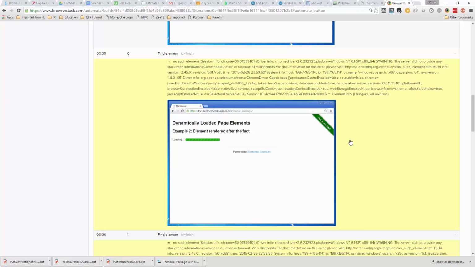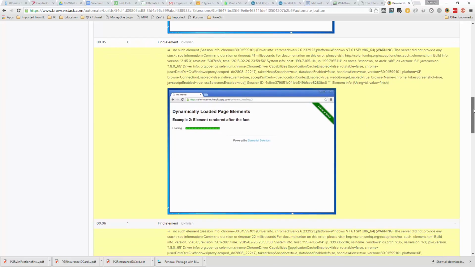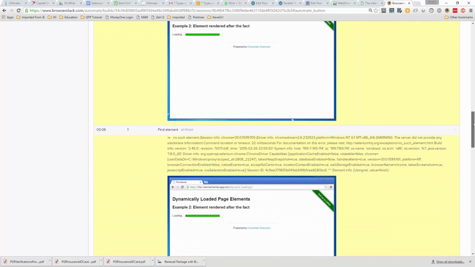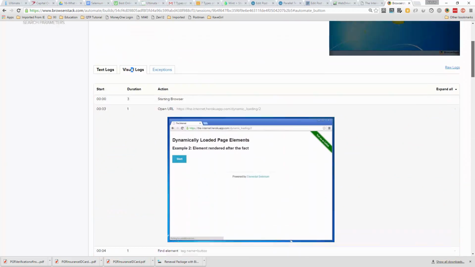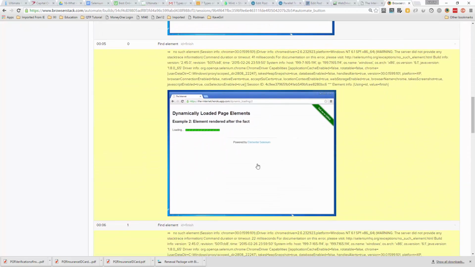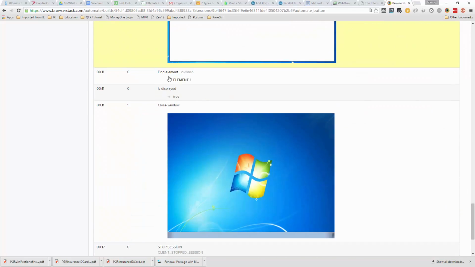We do have some applications that take like a minute to load because they have so much data, or especially if they're not cached and you're logging into them the first time, those applications take a minute. So you can imagine I have like 60 screenshots here of it looking for an element, which is a little bit annoying, right? It could be better if it just said it's looking for an element, ID finish here at 5 seconds, and then at 11 seconds that element is found. That would be way more clear and you don't have to scroll through so many logs. So that is one advantage of the polling interval,